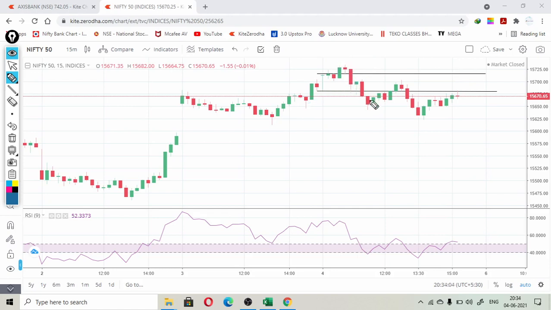Here you can go for short selling, or if you are not going for short selling, no problem. You will wait till the low of the candle has been formed completely and the RSI has crossed below the 40 level. Now what will you do? You can go for selling, or you can go for put buying. But what we have seen here, we took entry at the closing price of this candle. The closing price is at 15,670, and